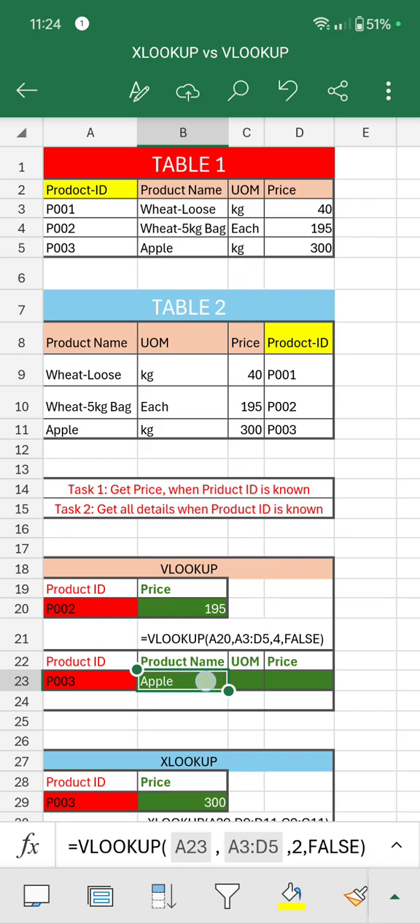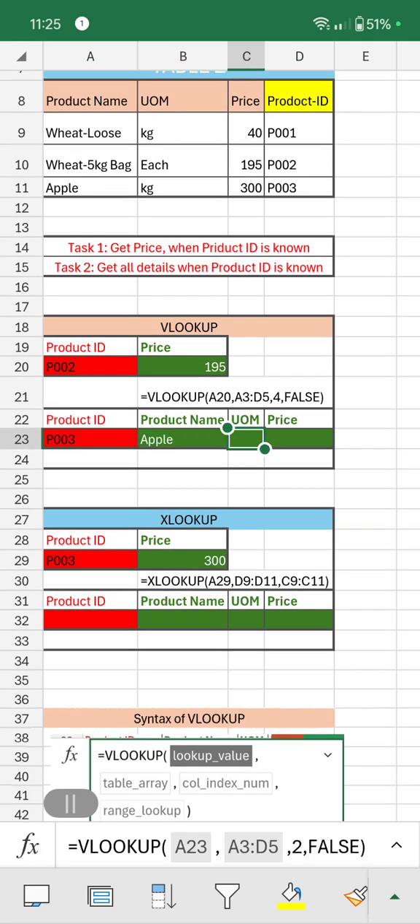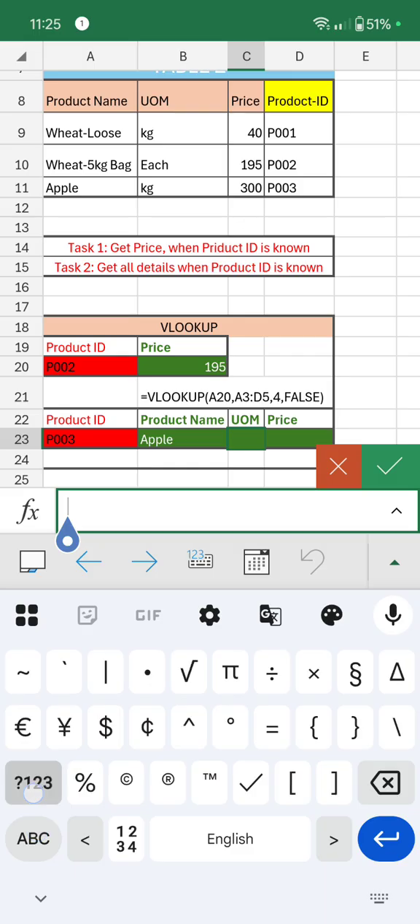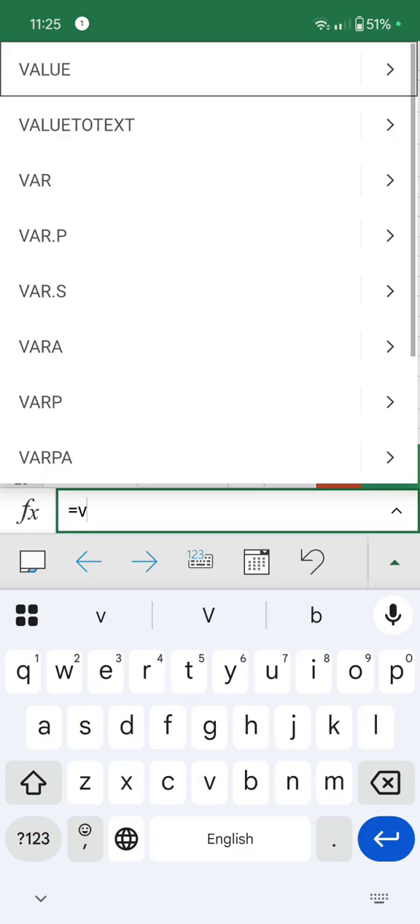So is column index number 2 correct? Yes, it is correct. So for P003, the product name is apple. It is supposed to come here, and it has come here correctly. So quickly, in the same way we will type it here also. Equal to VLOOKUP